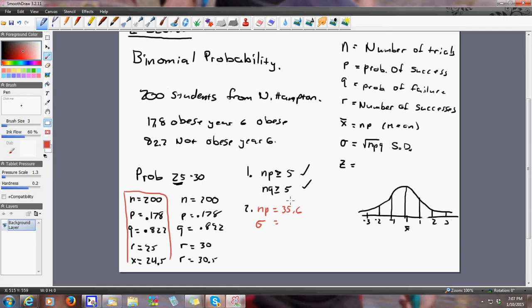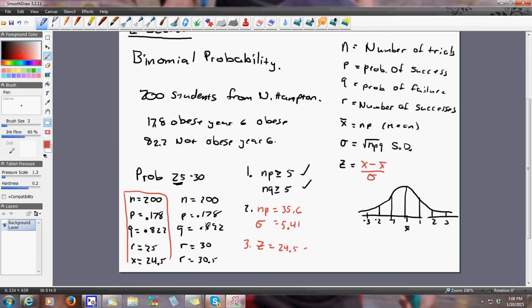I find the square root of that, and I get 5.41. I'm going to use 5.41 as my value. Now, here's the last part. I have z equals, and so here's the deal. Your z is equal to x minus np, or your mean, over the standard deviation. So when I do that for this one, I get x, which is 24.5,